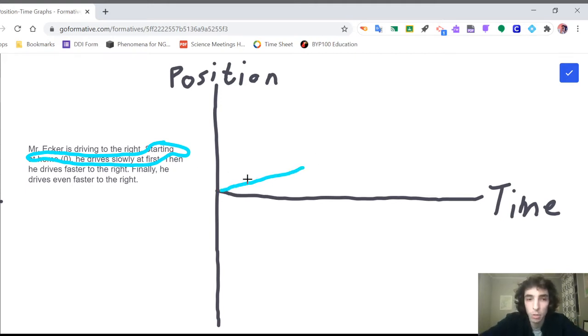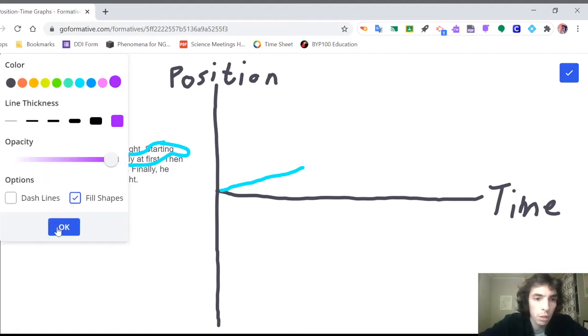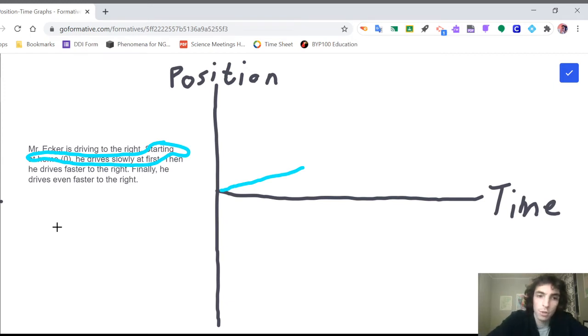a pretty shallow slope because I'm moving slowly. I'm drawing the slope as positive, or as sloping upwards, because I'm moving to the right. That, by our sign convention, is a positive direction. Then I move slightly faster to the right. So still moving to the right, I'm still going to draw myself moving in this positive direction, or up on the y-axis. But now that I'm moving faster, I'm going to draw a slightly steeper slope for this purple